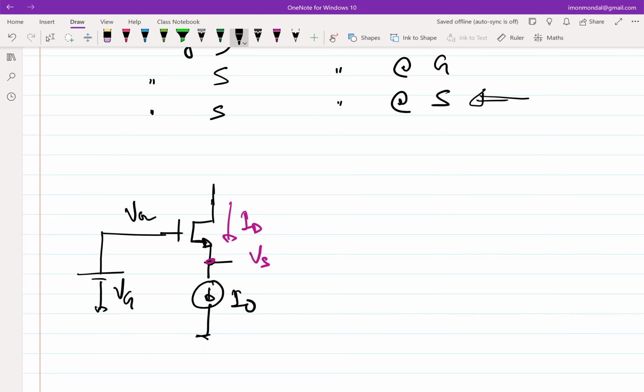We are doing only quiescent now. If this is VG, what will be VS in terms of VG? Not only VG minus threshold, you have a current also. It will be VG minus threshold minus overdrive. So overdrive is